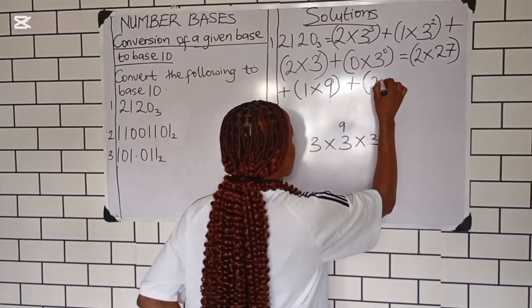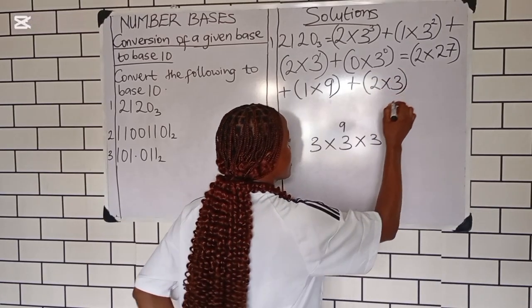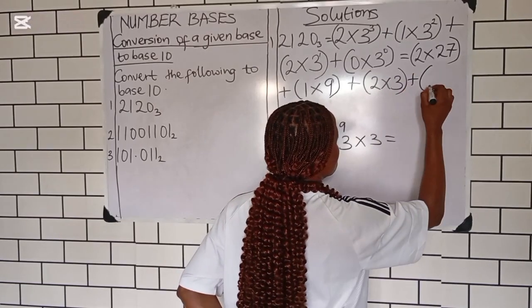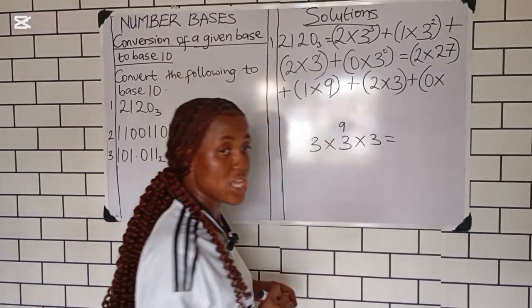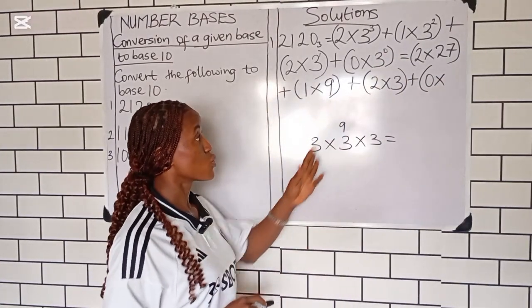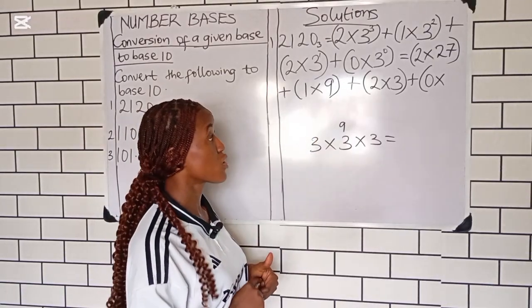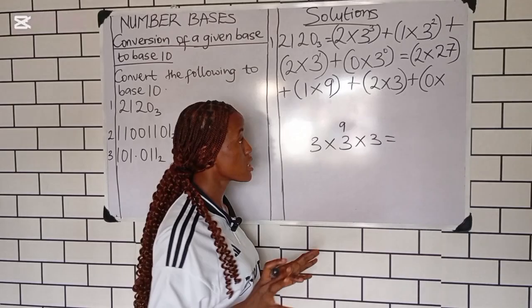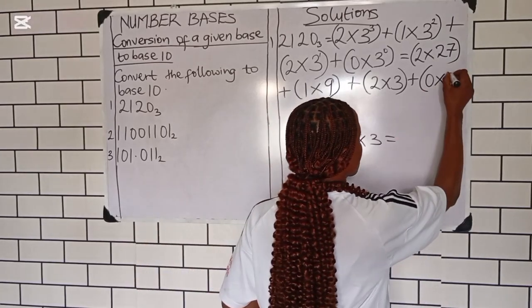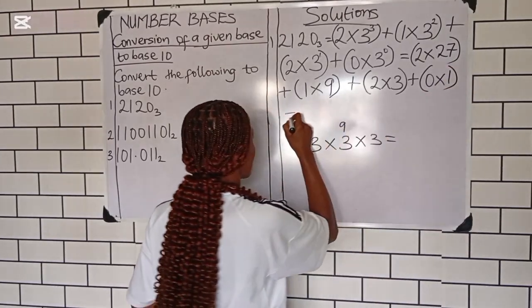Have 2 times 3 bracket, plus open bracket, 0 times 3 raised to power 0. We know that any number raised to power 0 will give us 1. It is one of the laws of indices. Now this 3 raised to power 0 is automatically 1. We have 0 times 1 bracket. This will give us equals to,